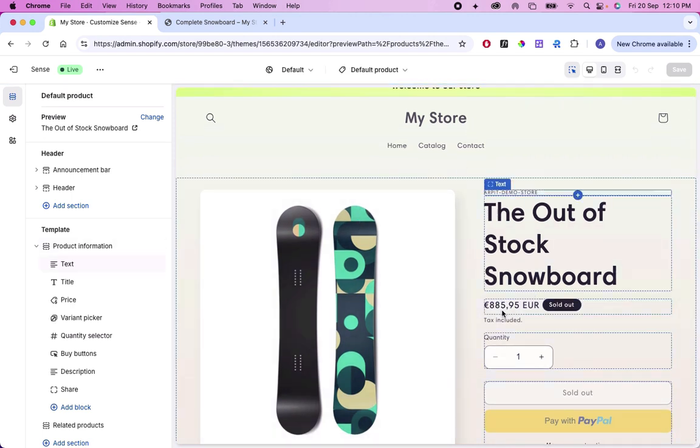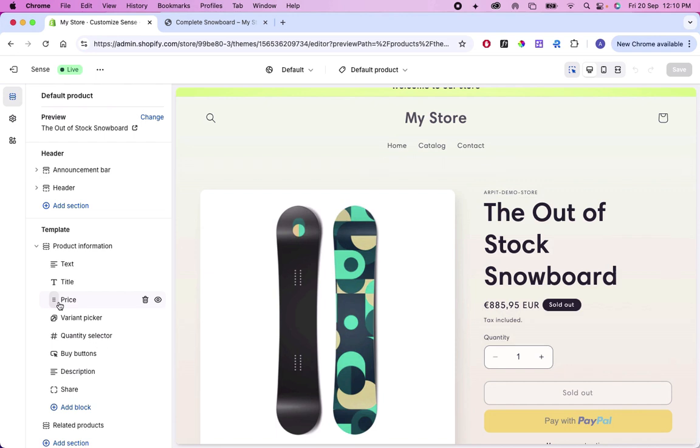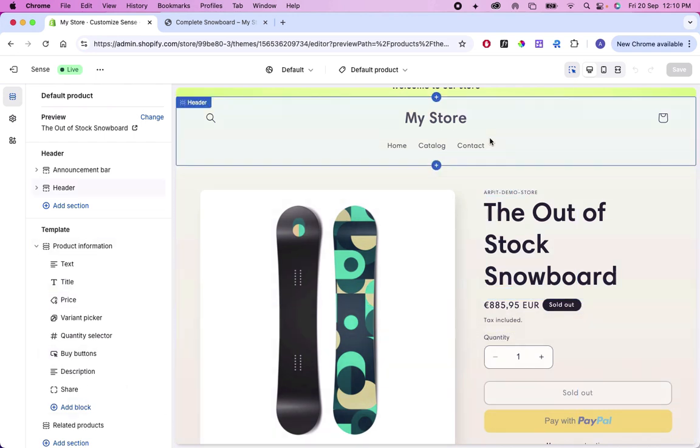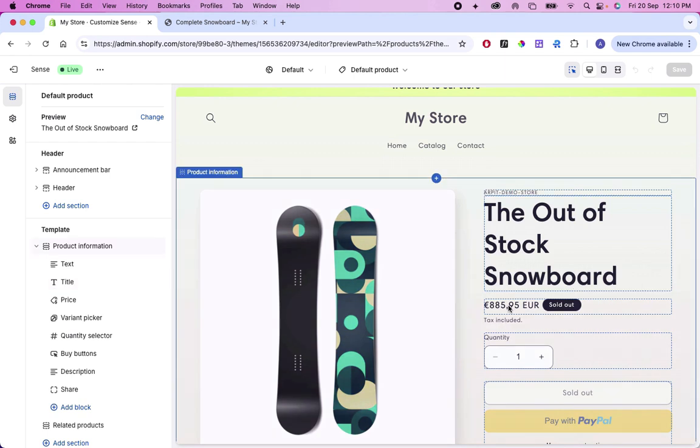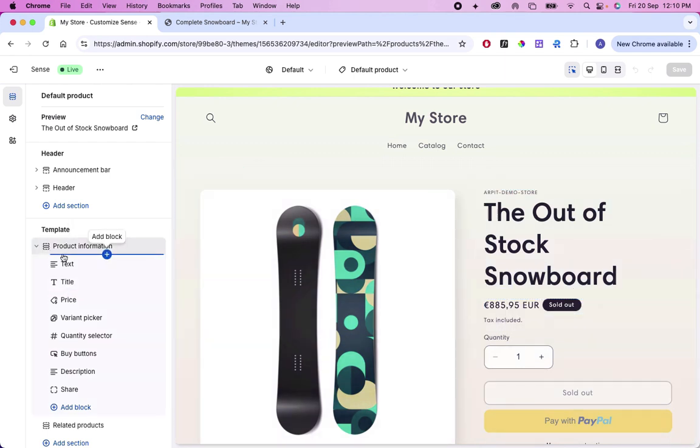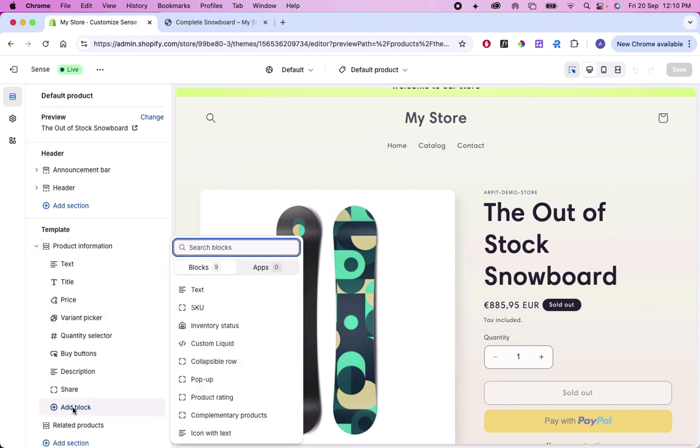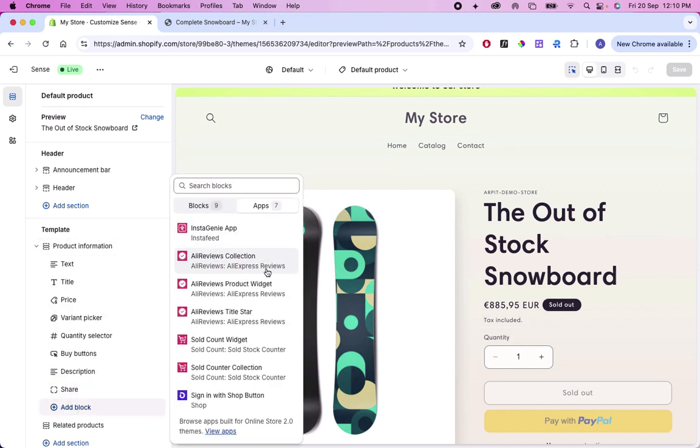So here I can see that the widget is not getting displayed right now. So I just need to click on the add block because I want to show the widget just above the price. So you see this product information and you can click on the add block here. And if you go to apps, you can see the app, which is the sold count widget. So click on this